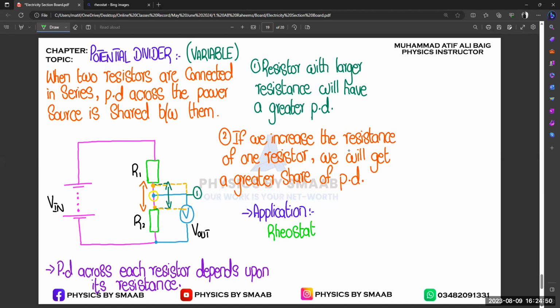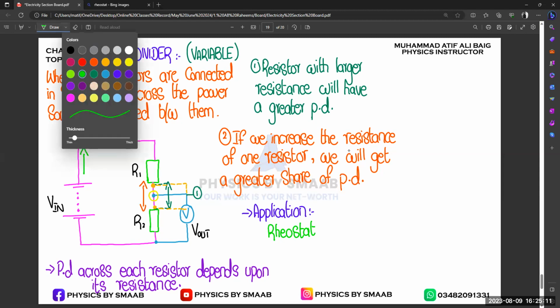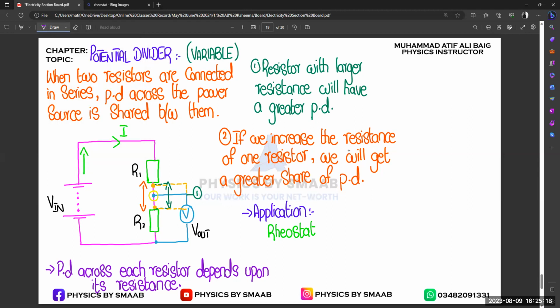And you know that in a series combination current remains the same and voltage will divide, so there is only one electric path to the negative terminal of the circuit. So let's suppose we want to write the formula; your final formula will be V output is equal to